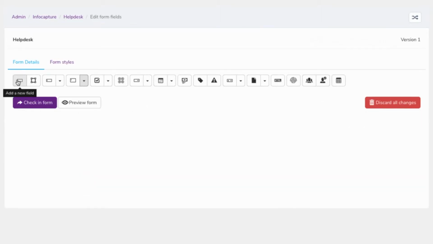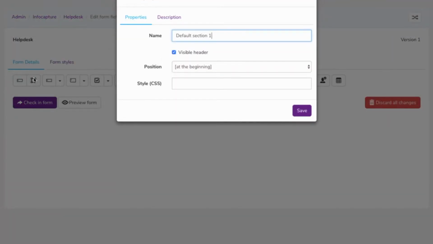Okay, so with all the fields explained, we're now going to start putting the form together. So we're going to start with adding a section on here. These are, of course, to divide the form up and make it a bit more presentable in certain ways. So I'm just going to create a section, and let's call this user